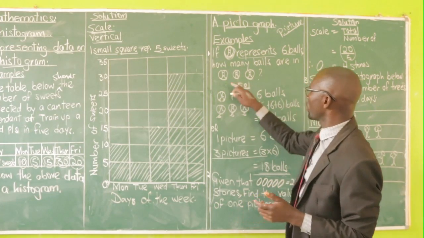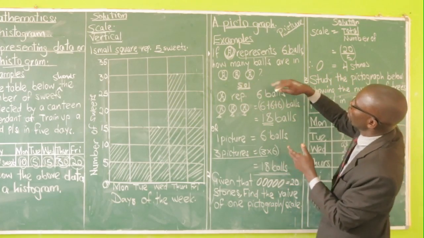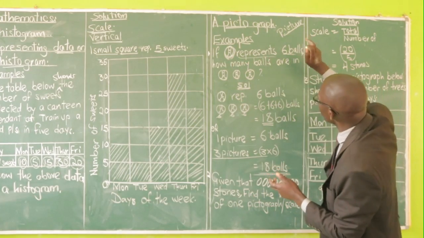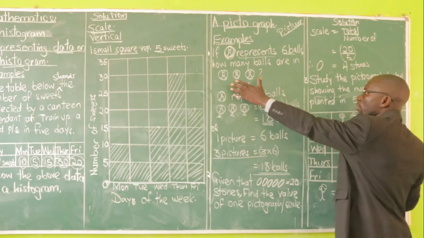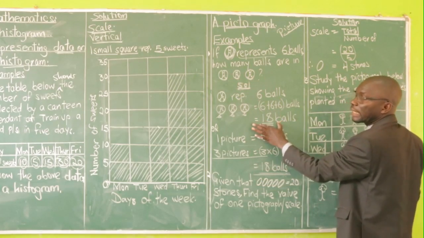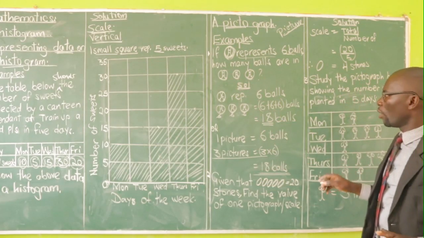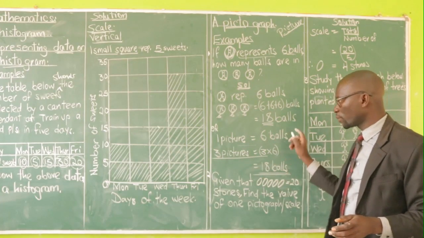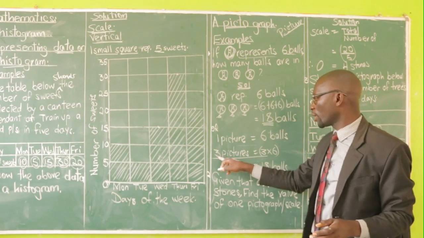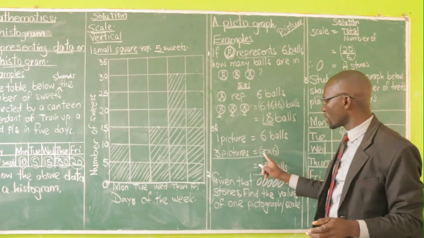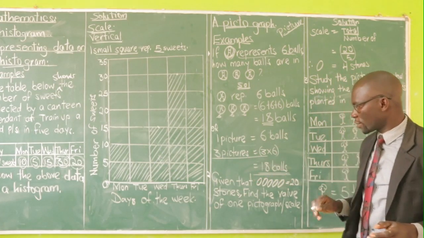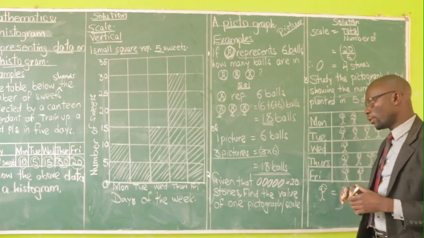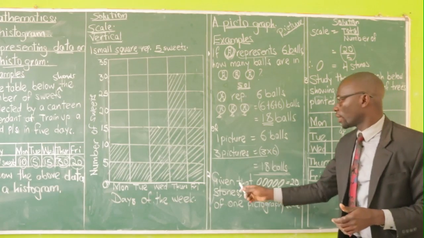So if you have been given 3 pictures, and you have one picture representing 6 balls, those 3 pictures of a ball would be representing 18 balls. Or we can say one picture is representing 6 balls. How about 3 pictures? We just say 3 times 6 and we shall have 18 balls. And now, given that